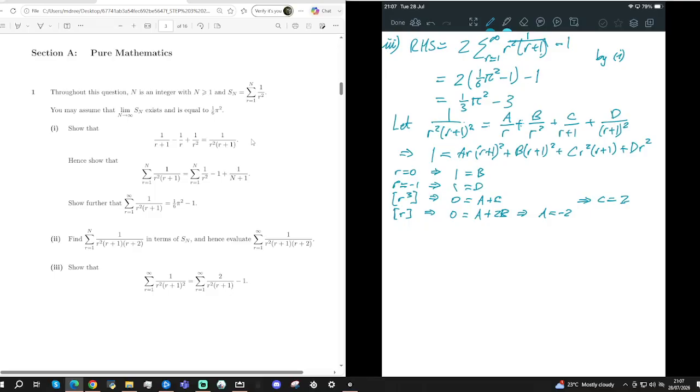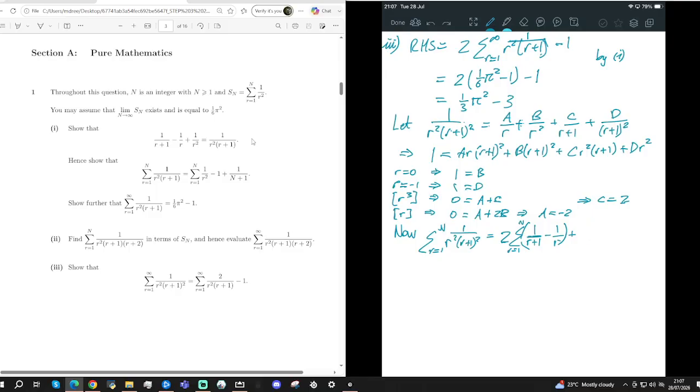And this is actually really pleasant, because now we have the a and the c causing this telescoping nature that I require. So now the sum from r equals 1 to n of 1 over r squared, r plus 1 squared can be written as 2 lots of the sum from r equals 1 to n. So this is my a and my c. 1 over r plus 1 minus 1 over r